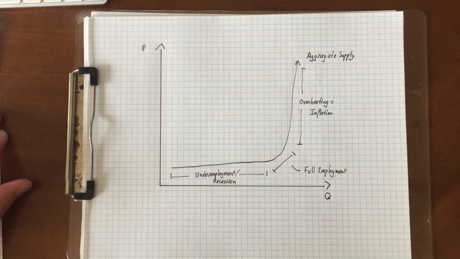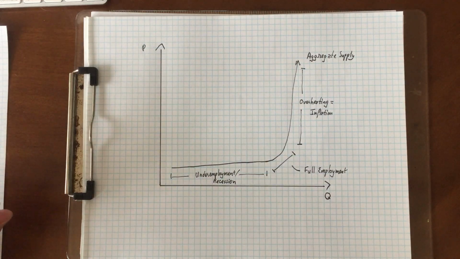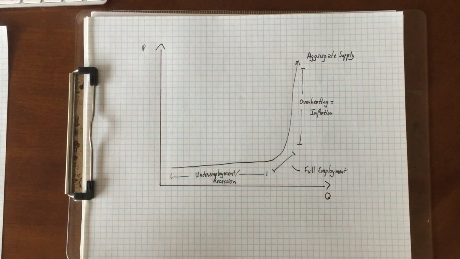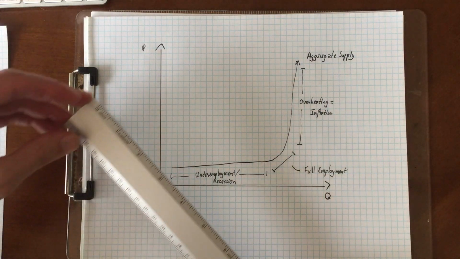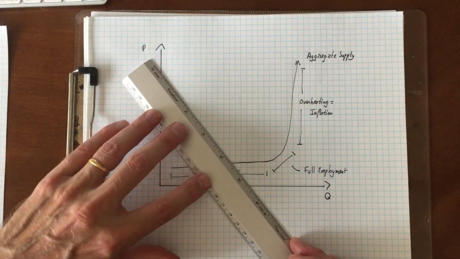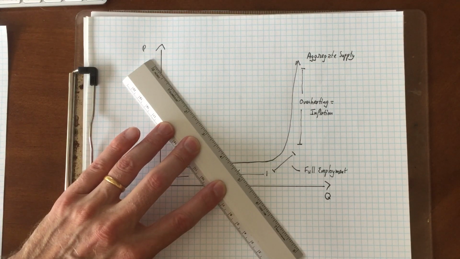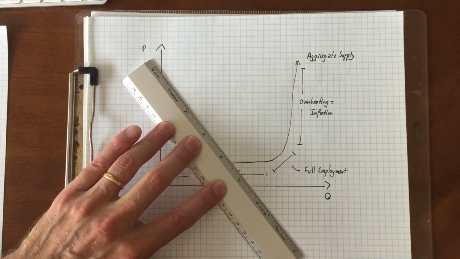This video will talk about monetary and fiscal policy, the two tools that are used by governments in an effort to run their economies at the full employment level. So if we use this ruler as a stand-in for aggregate demand, what a policymaker or government wants to do